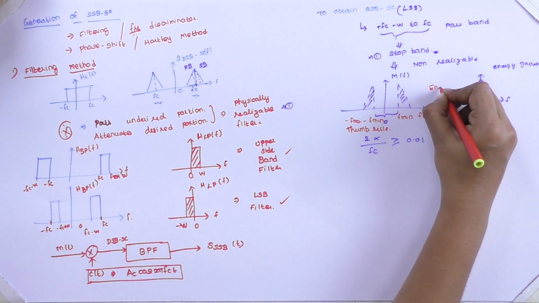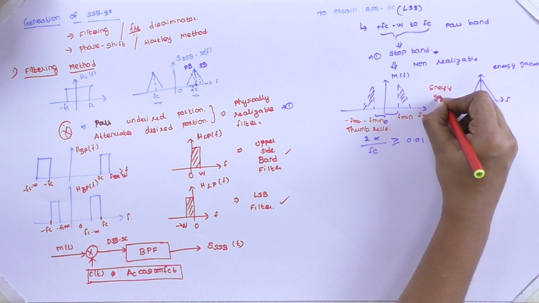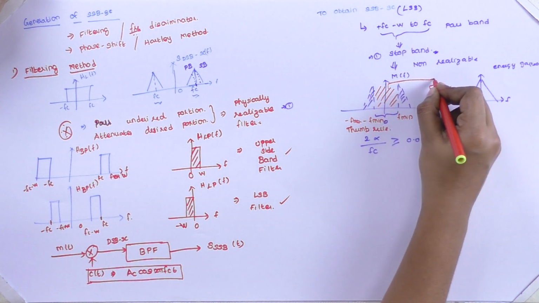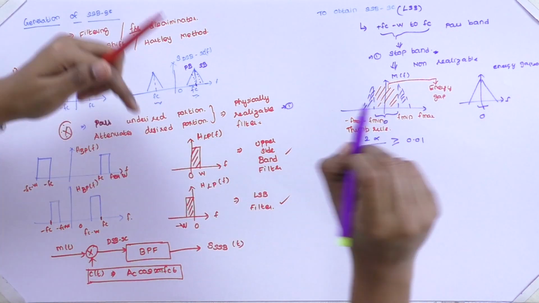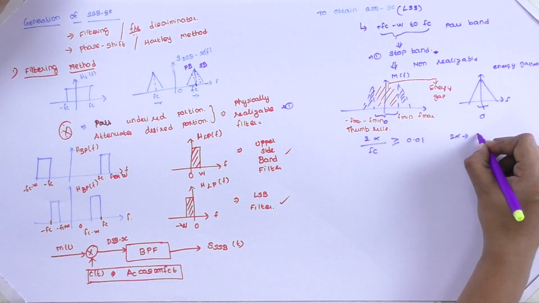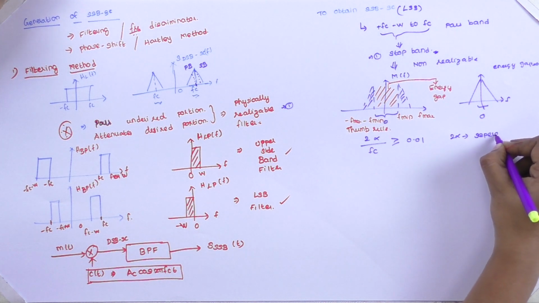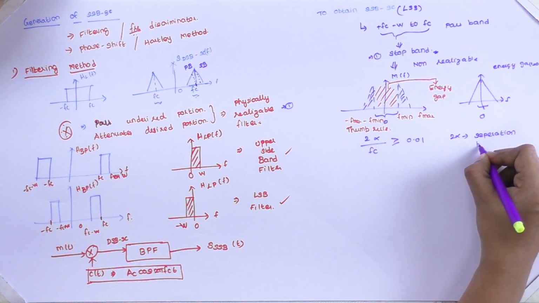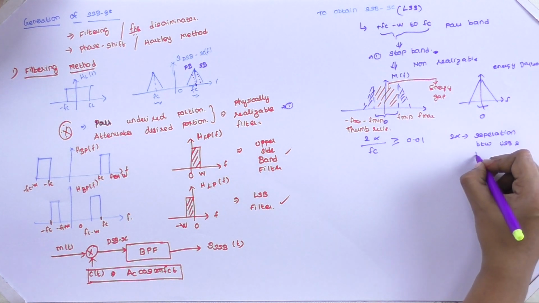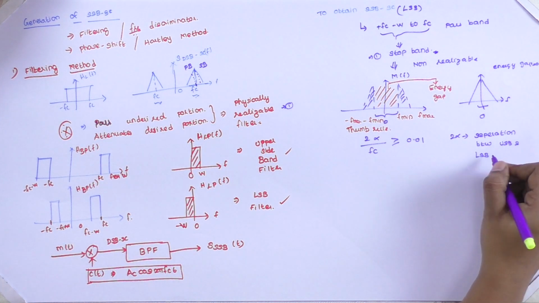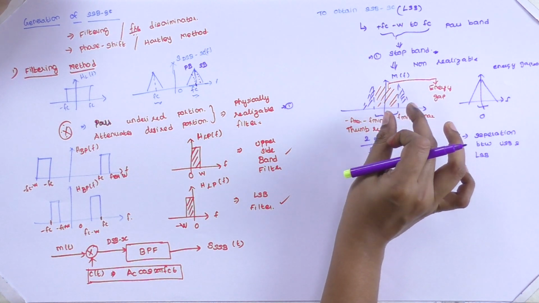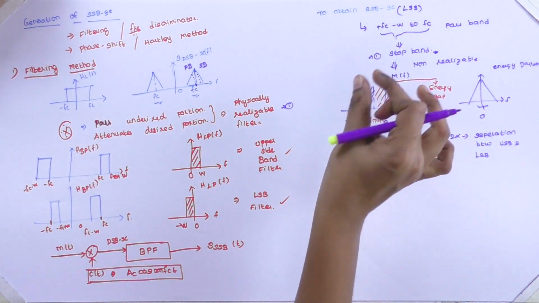It should have an energy gap. So this is our energy gap period. 2 alpha represents the separation between upper sideband and lower sideband in the DSB-SC signal. So if we have an energy gap between the upper sideband and lower sideband, then when we